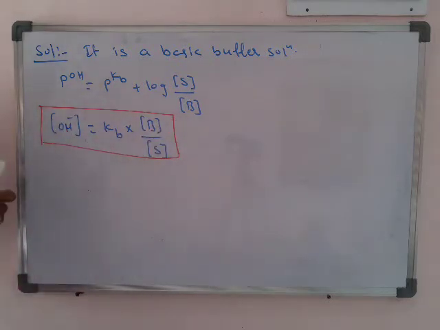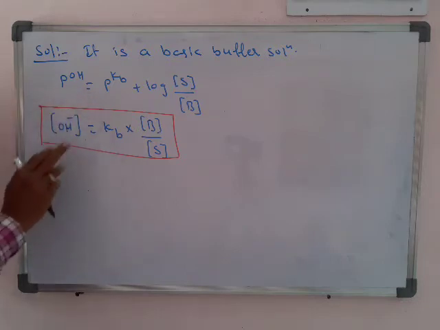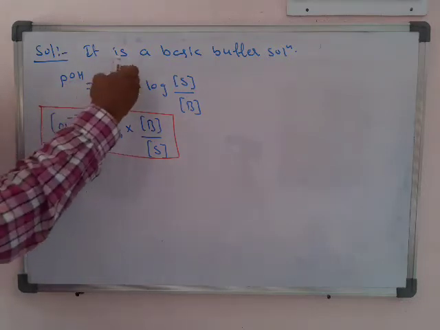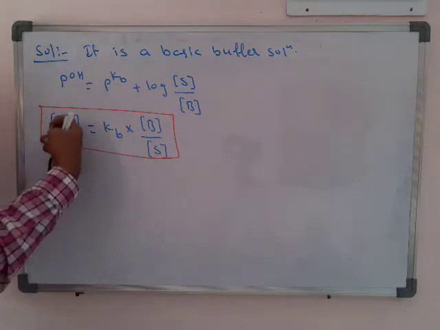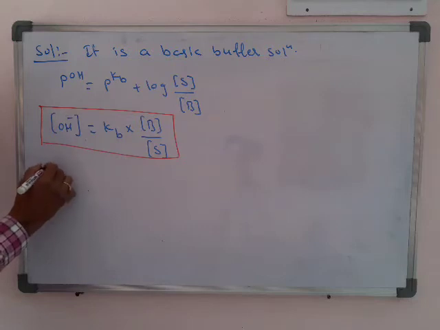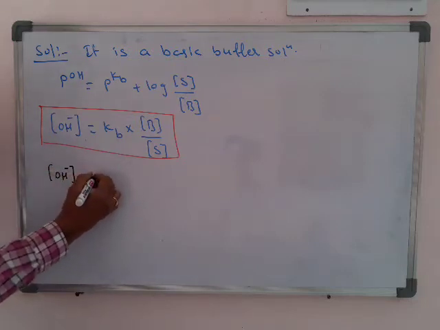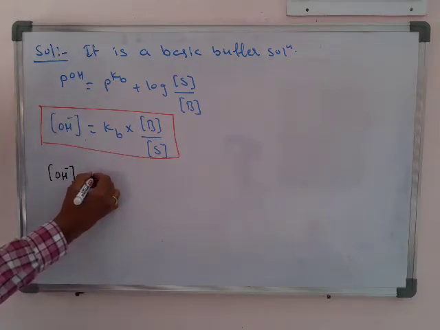The OH minus concentration equals like this. So this is the better formula compared to the earlier one to calculate the OH minus concentration. If we substitute and simplify everything, we get this formula. Since we need OH minus, let us directly use this formula. We have to calculate OH minus concentration. The Kb given for ammonium hydroxide is 2 into 10 power minus 5.